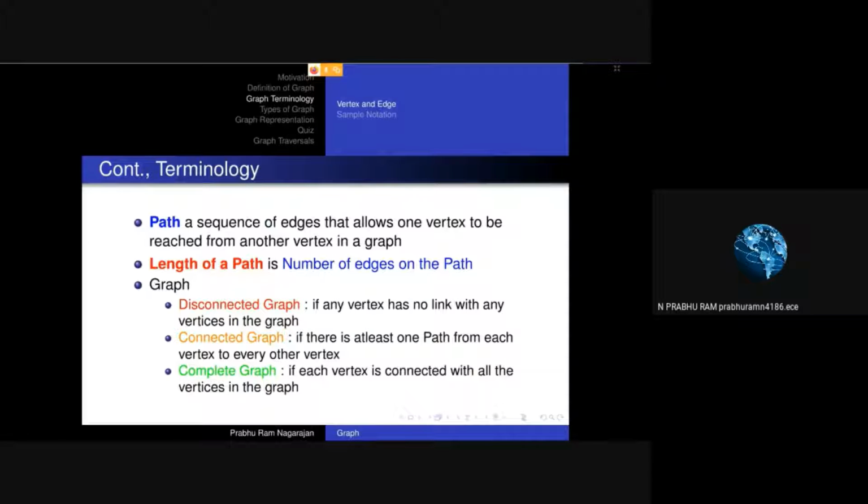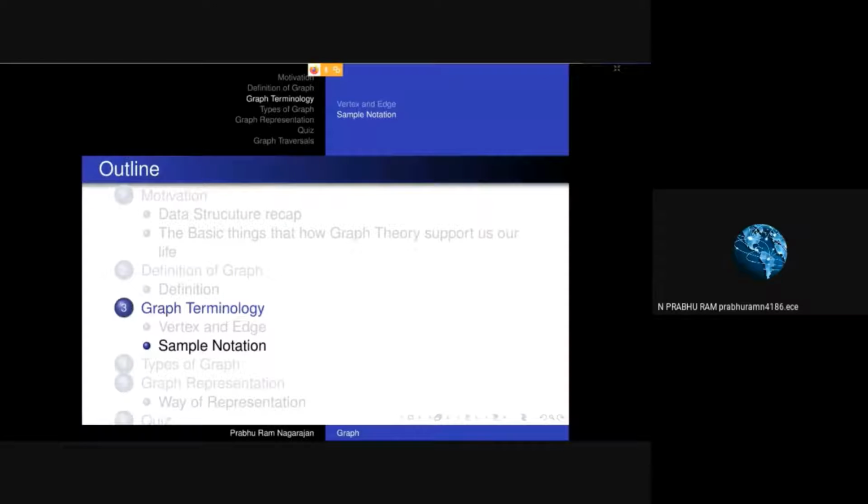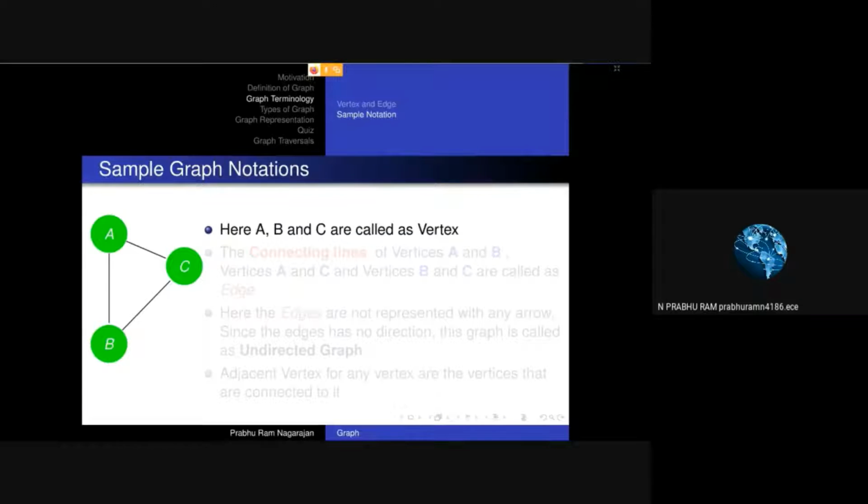If each node has a connected edge to every other node in the graph, we call it a complete graph. So these are the terminologies we have defined, and this is the example I'm showing you. These encircled items A, B, C, we call a vertex or node, and the link I'm drawing between A and B, we call an edge. So this is one edge, and this is one edge, and this is one edge. And